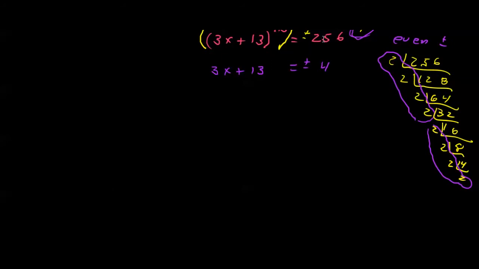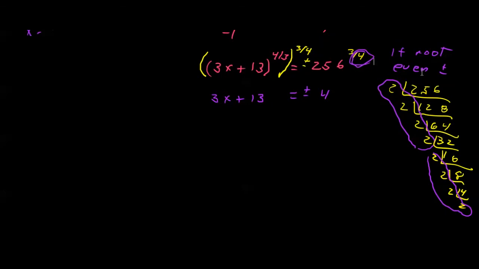Today in class, I told you that I made a mistake on the video, so instead of taking a screenshot of my mistake, I decided to just go fix it. So 3x plus 13 is plus or minus the fourth root of 256 raised to the 3rd power. I neglected today, when I made the video, to raise that to the 3rd power. So we have 3x plus 13 equals 64,